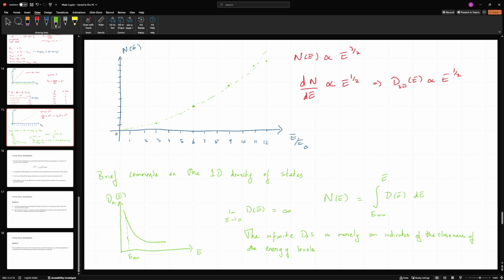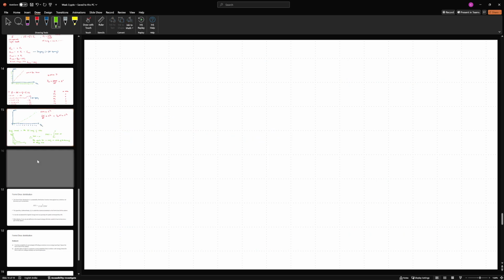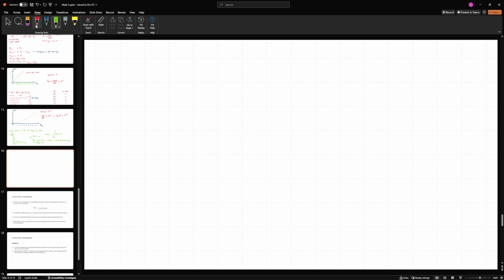Okay, so I hope this clears any doubts on the infinite value of the density of states, because for a 2D and a 3D system, fortunately, we find that the density of states never actually diverges. It in fact stays finite at all times for all values of E. Okay, now with that brief comment done, let me do it for the 0D case. Now, before beginning the 0D case,